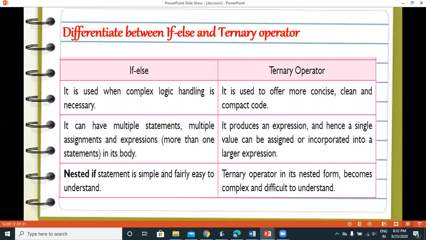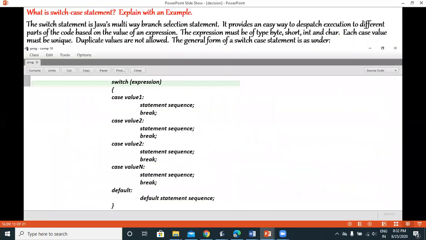But the ternary operator produces an expression and hence a single value can be assigned or incorporated into a larger expression. The nested if statement is simple and fairly easy to understand. But the ternary operator in its nested form becomes complex and difficult to understand. So this is the basic difference between if else and the ternary operator.